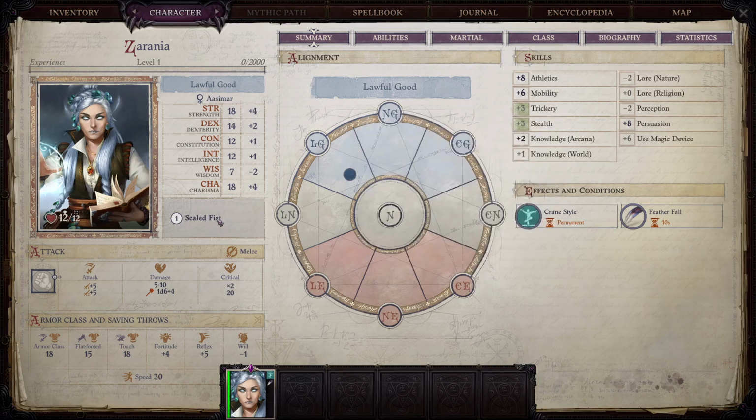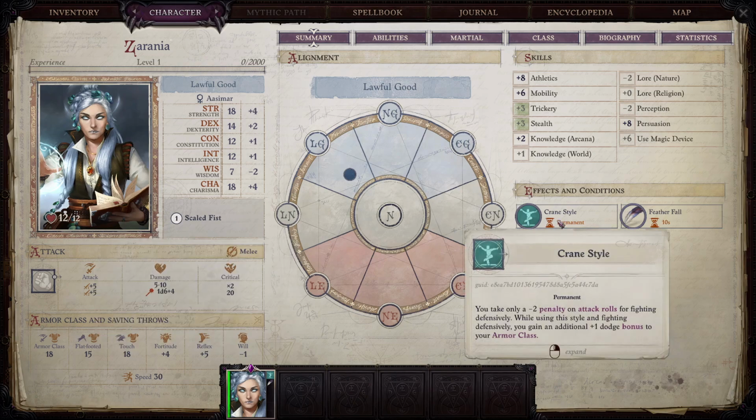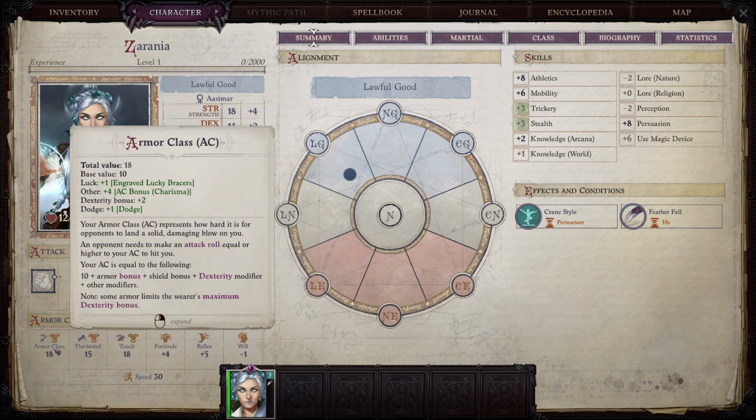What I did was I made a fresh level 1 Scaled Fist because Scaled Fist is the most common unfair starter, so that you can get both dodge and crane style. We have Featherfall. This is starting just after the Draskari part, so the reason why you go with Scaled Fist in most cases is, as you can see, we already have 18